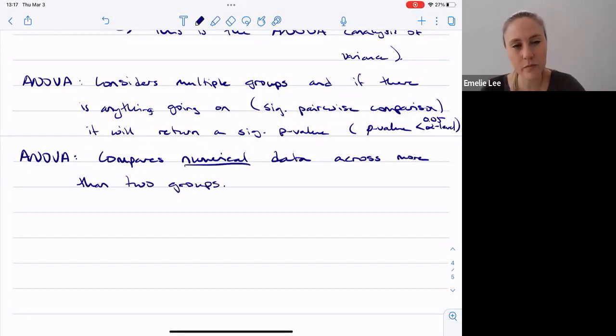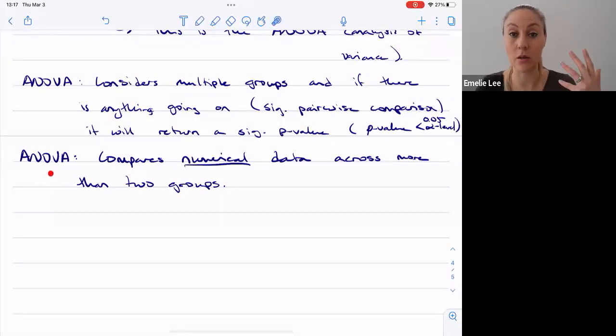Okay. And how it does it is by using an F statistic. The equivalent would be, if I run a t-test, then I calculate a t statistic, right? The test statistic is t, and I just am lazy and I call it a t-test. But for an ANOVA, what it calculates is an F statistic. So it's a capital F. And I'm pretty sure we've seen it, but I'm not remembering where or when.